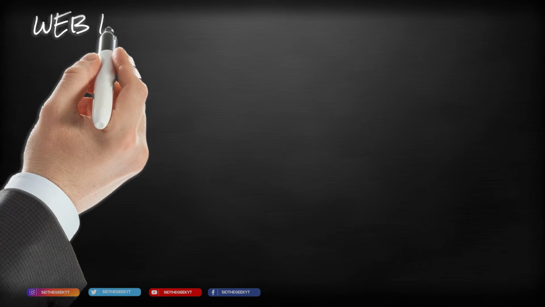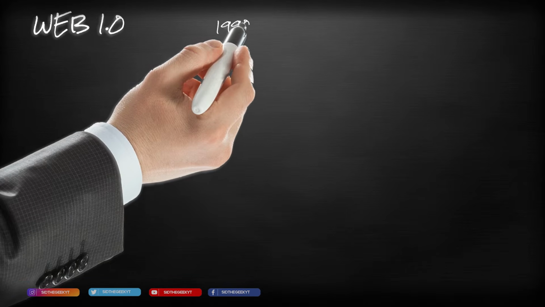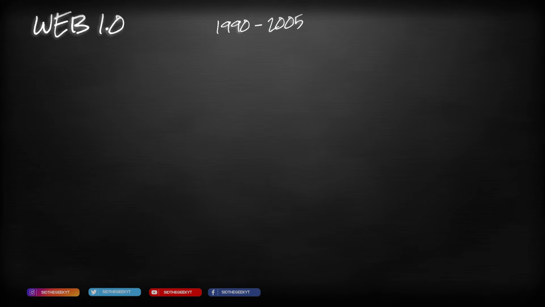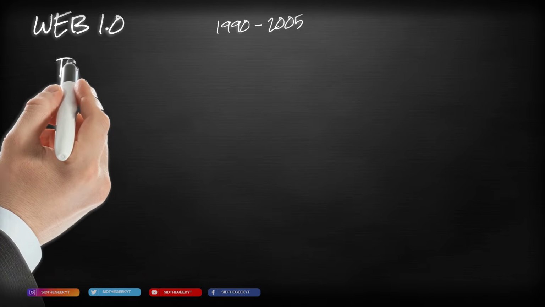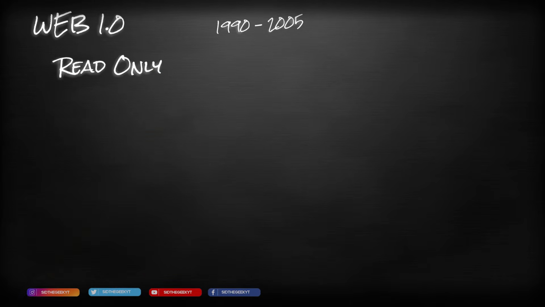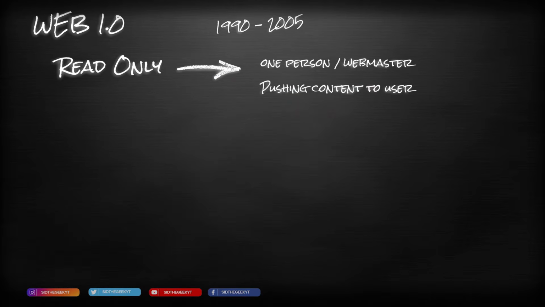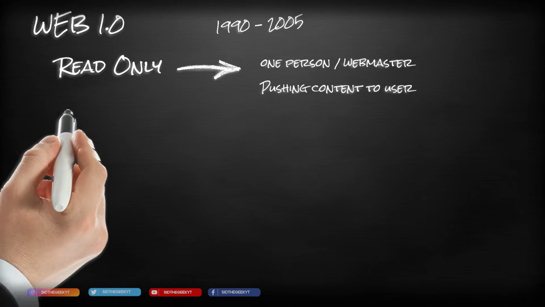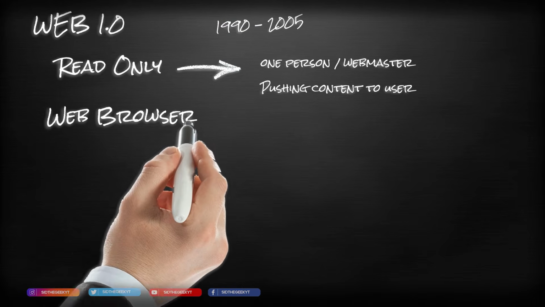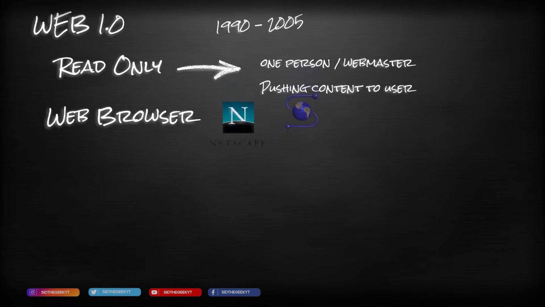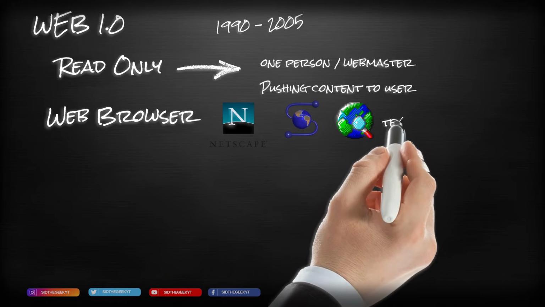Web 1 or Web 1.0 was started in 1990 and lasted till 2005. It is read-only, which means the content is pushed by one person or a company to a user. Web browsers are used to browse web pages. Netscape Navigator, Mosaic and Internet Explorer were some of the first web browsers, and it only consisted of text and